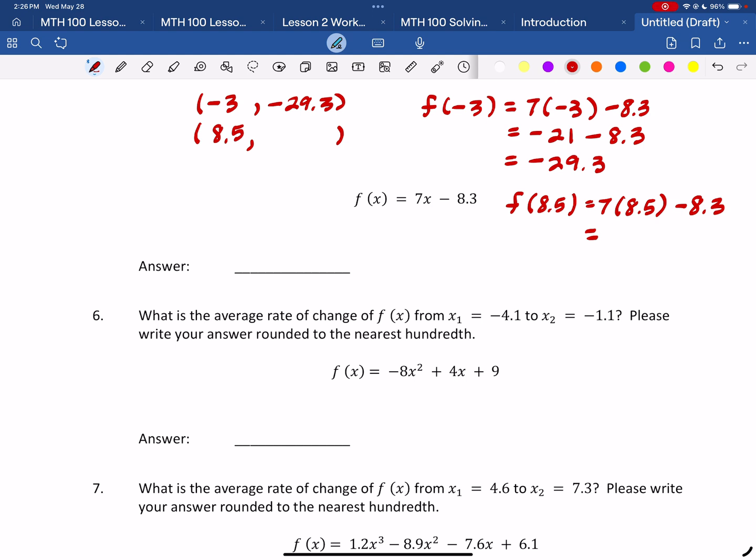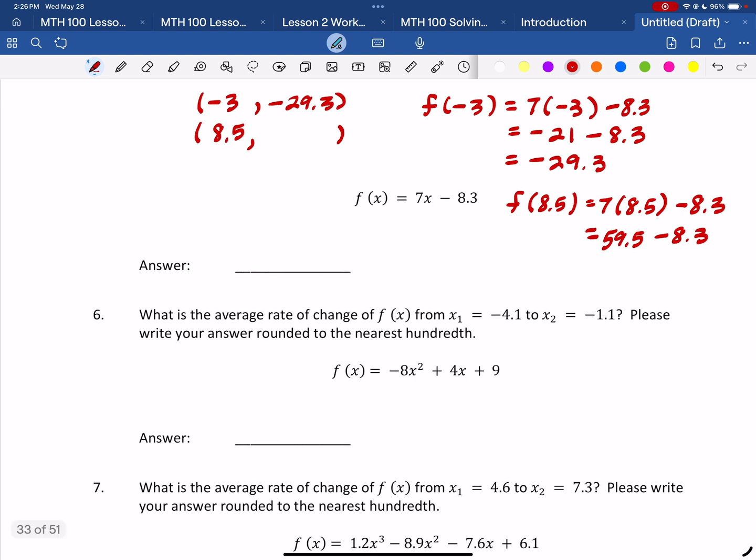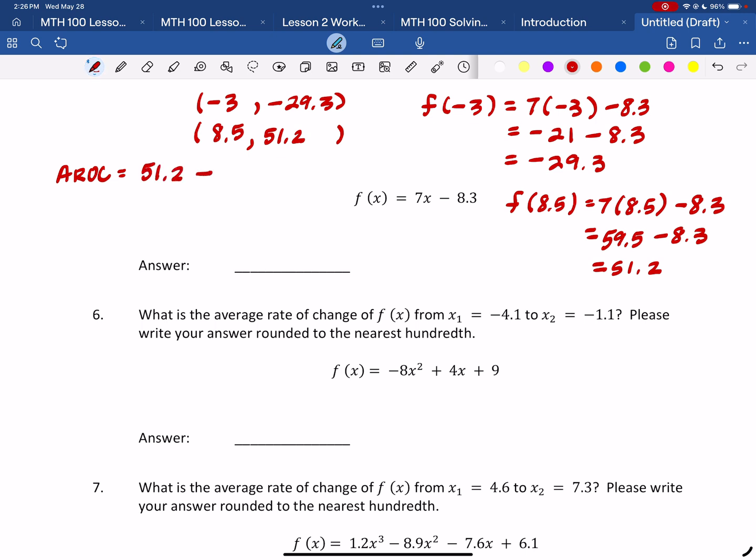I'm going to use my calculator. That's 59.5 minus 8.3. That's 51.2. So my average rate of change from x is negative 3 to 8.5 for f of x equals 7x minus 8.3 is going to be 51.2 subtract a negative 29.3, divided by